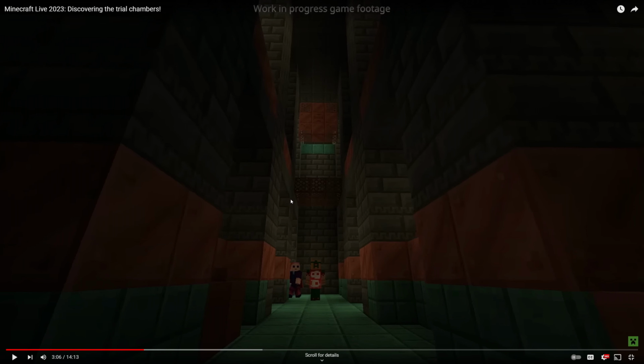And in today's video, I'm going to be creating the trial chambers to the best of my ability, as of course some of the special copper blocks and the tuff don't exist in the game, which I'm going to have to find